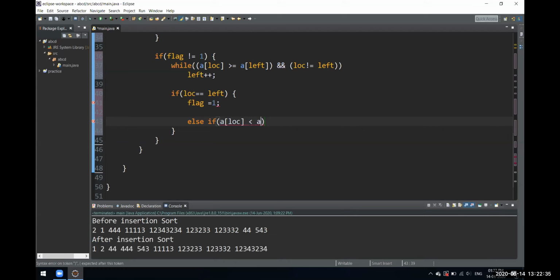This is the last condition which we are checking. After this, we'll have our main bubble sort function built in.